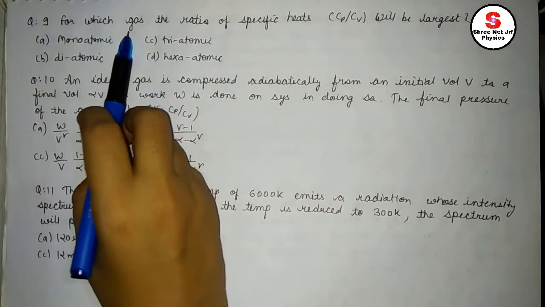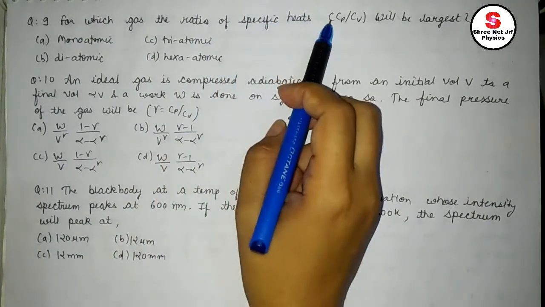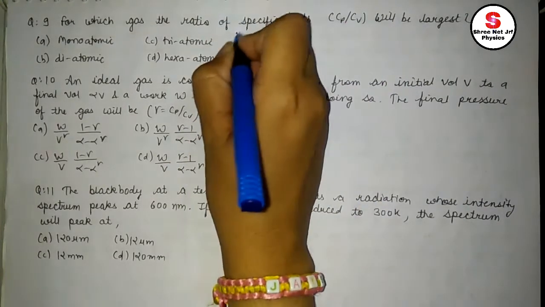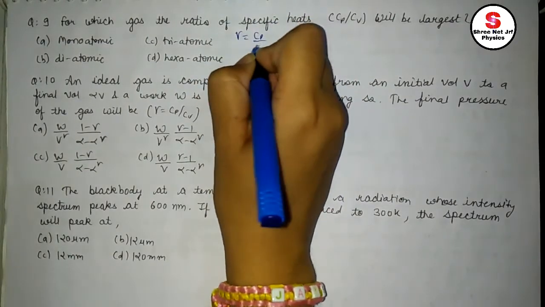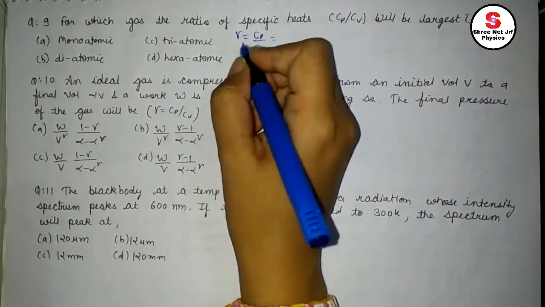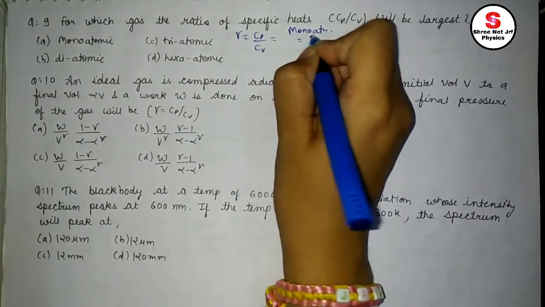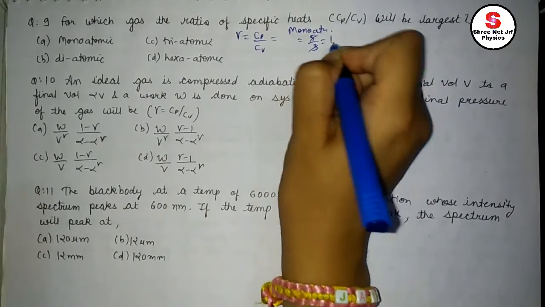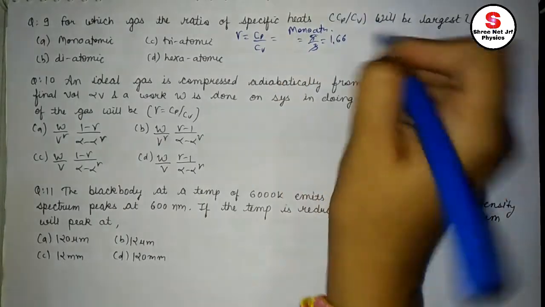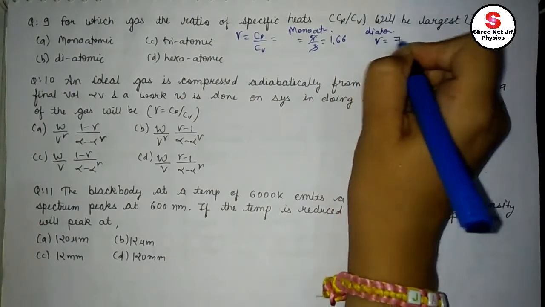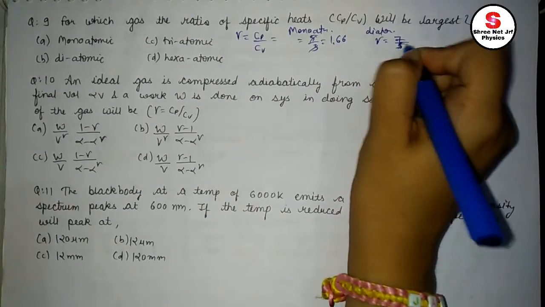For which case will the ratio of specific heats Cp by Cv be largest? Here we are given the options: monoatomic, triatomic, diatomic and hexaatomic. The ratio of specific heats, which we denote by gamma, is equal to Cp by Cv. For monoatomic this ratio is 5 by 3, which is nearly equal to 1.66. For diatomic, gamma equals 7 by 5, which is equal to